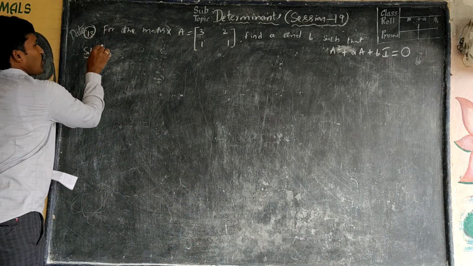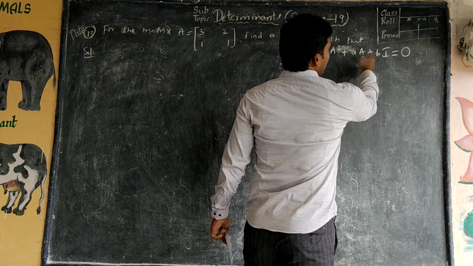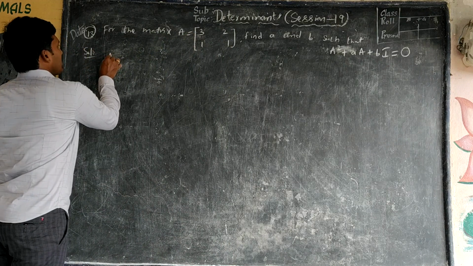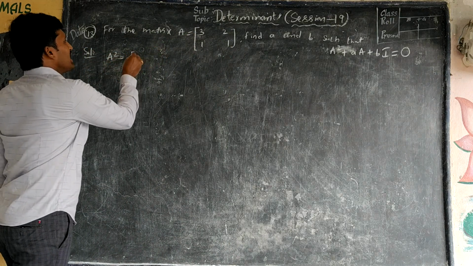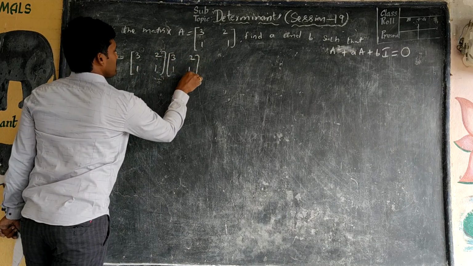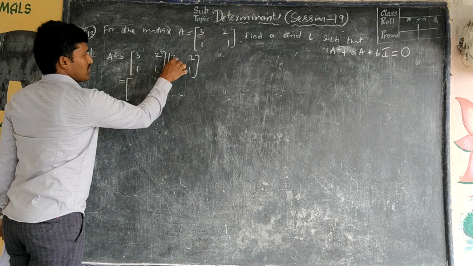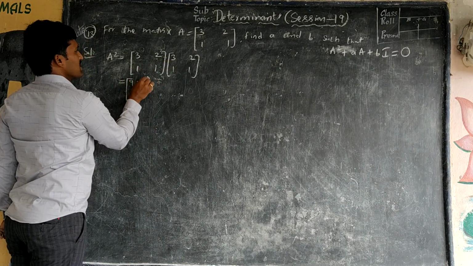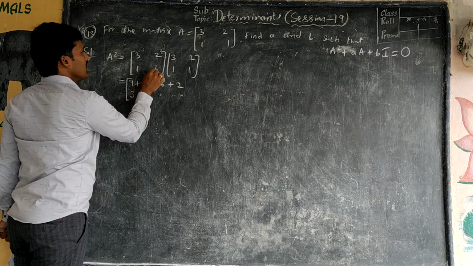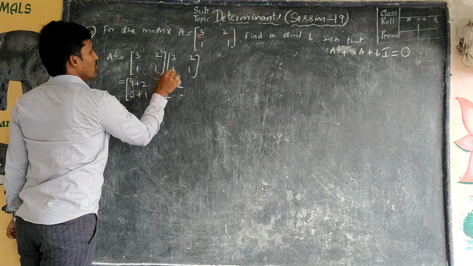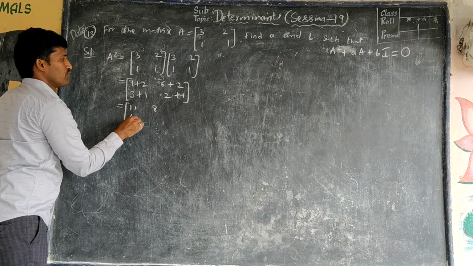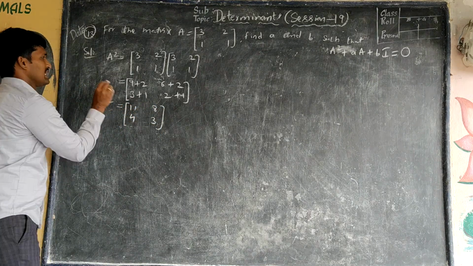First, we need A square, capital A square. Small a into A we can multiply easily, small b into I also we can multiply easily. Now, first we need to find A square. How to find A square? A into A: 3, 2, 1, 1 into 3, 2, 1, 1. Multiply first row with first column: 3 3s are 9 plus 2 1s are 2. First row with second column: 3 2s are 6 plus 2. Then 1 3s are 3, 1 1s are 1; 1 2s are 2, 1 1s are 1. Clearly 9 plus 2 is 11, then 8, 4, 3. This is A square.